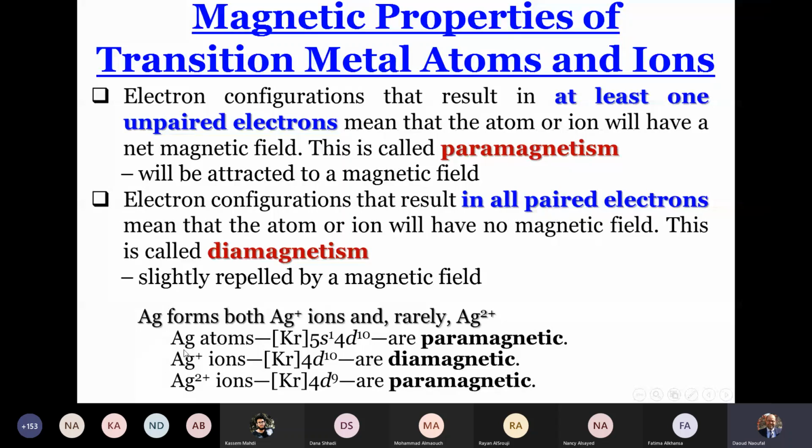Write Ag plus from Ag. We have to remove one electron from the outer shell. We remove 5s1, so we obtain krypton 4d10. We don't have any single electron in this electronic configuration, so Ag plus is diamagnetic. Suppose they ask for Ag2 plus, so we have to remove another electron. Now we have to remove from d10, so we obtain 4d9. If we write the box representation of 4d9, we can see that we have a single electron, so Ag2 plus is